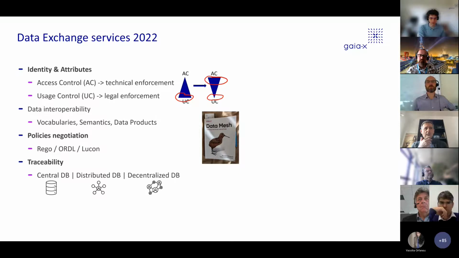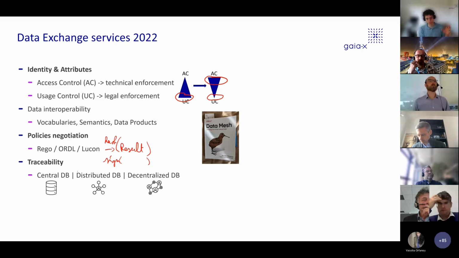Fourth one, we have the traceability. So once you have negotiated your contract, you have the results. Where do you store these results? You can compute a hash of those results. You can sign that with the different parties, and you need to store that. You can store that either centrally in a database. A Cassandra database can work very well, Postgres also. Distributed, decentralized, doesn't really matter. What matters more is really the features that those storages will expose: who controls what, immutability, transport, retention, and so on.